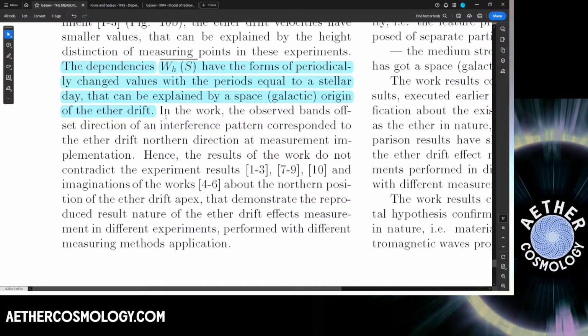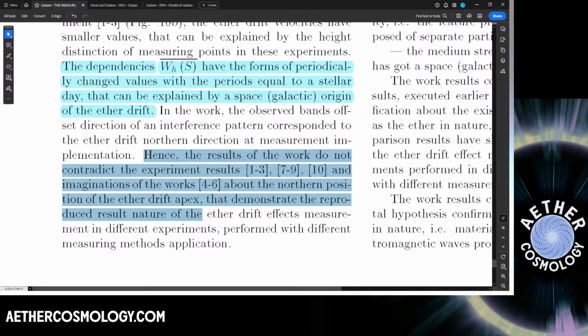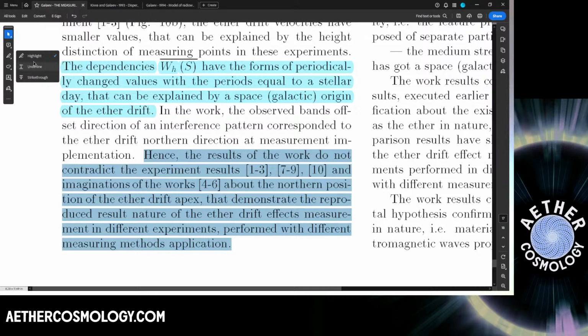All right. So in the work, the observed band's offset direction of the interference pattern corresponded to the ether drift northern direction at the measurement implementation. Hence, the results of the work do not contradict the experiments of 1 through 3, 7 through 9, 10, and the imaginations of the work of 4 through 6 about the northern position of the ether drift apex that demonstrates the reproduced results of a nature of